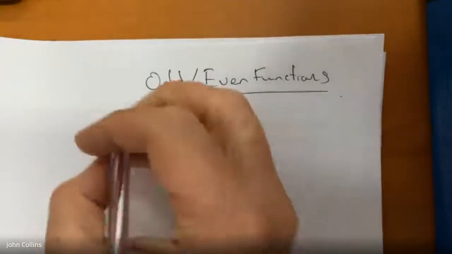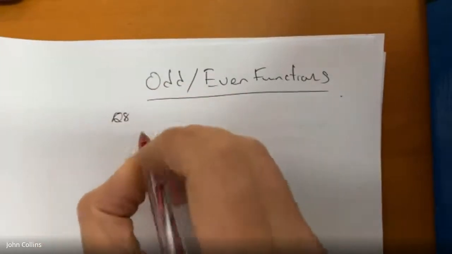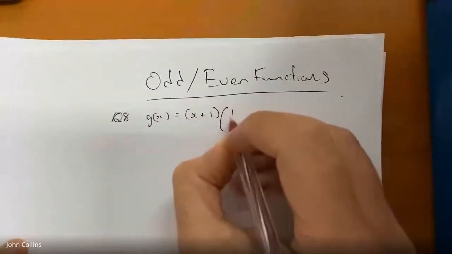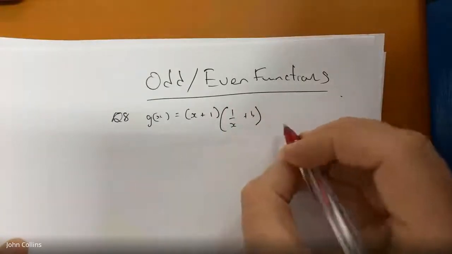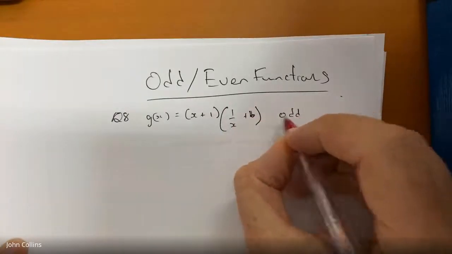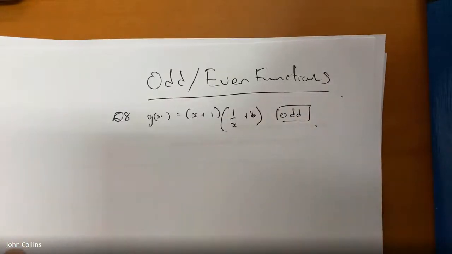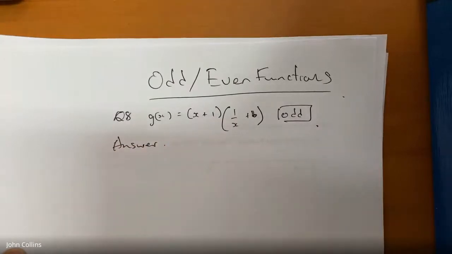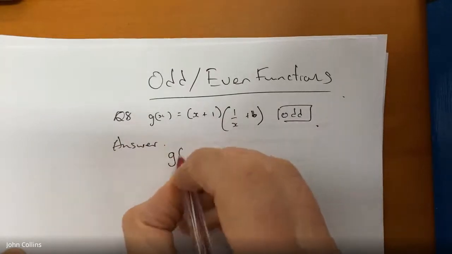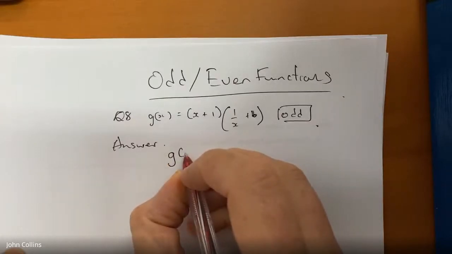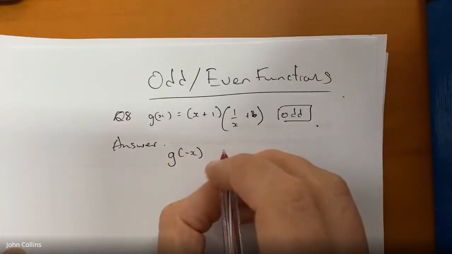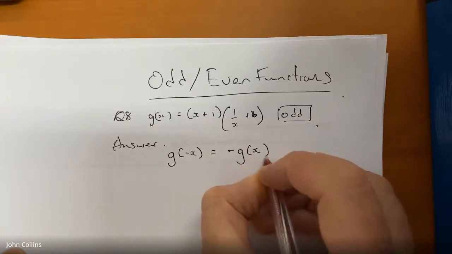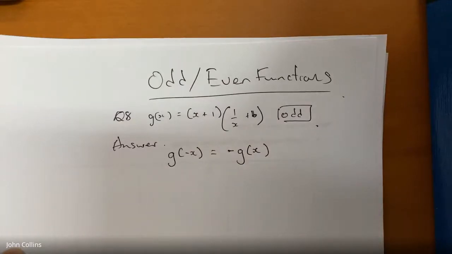So if it's a problem like question 8, like Vidai was saying, we have a g of x function here equal to (x plus 1) times (1 over x plus b), and the bit of information we have is that this is an odd function. So how does that help us? Well, if a function is odd, we know that if we sub in negative x, we get the same as if you subbed in,